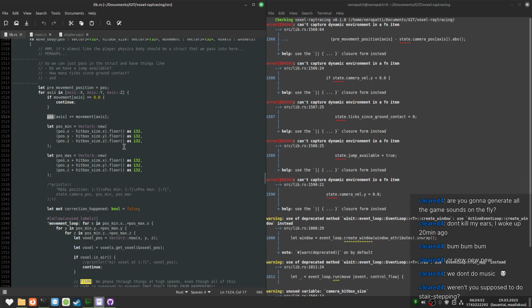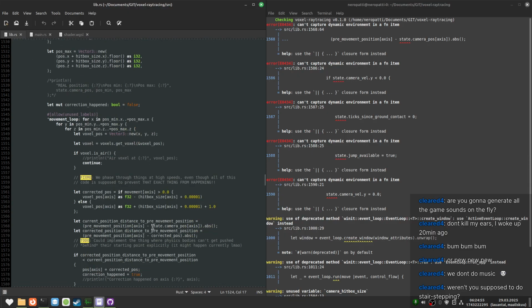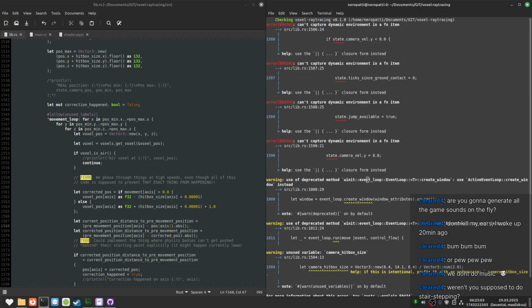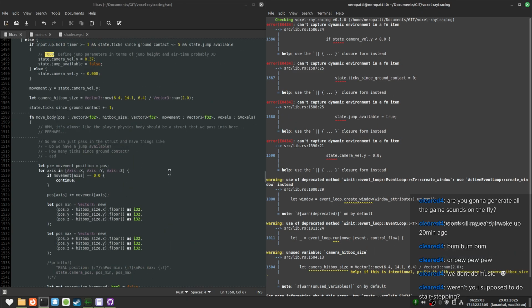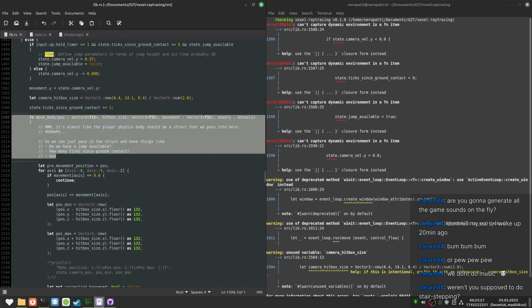Oh, we just replace this with pos. Okay. See? And we are not passing velocity in. Oh, okay, I remember now. I remember what I was thinking. It's this comment right here. I wrote this last time. I was like, yeah, I'm gonna read this when I come back, and then I'll know what to do. But I just rediscovered my thoughts instead.